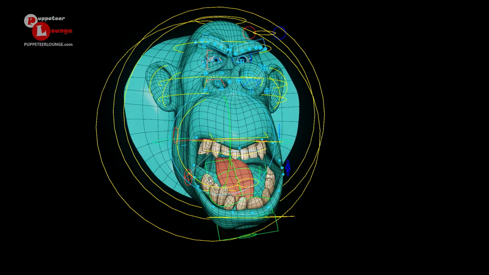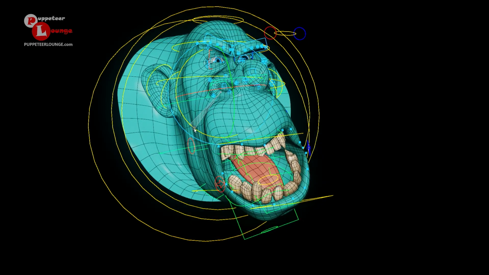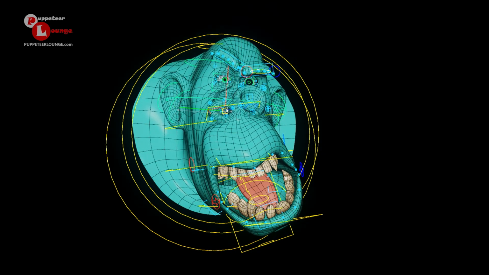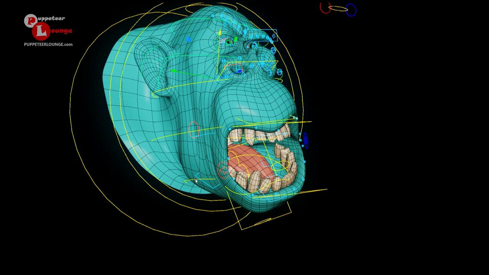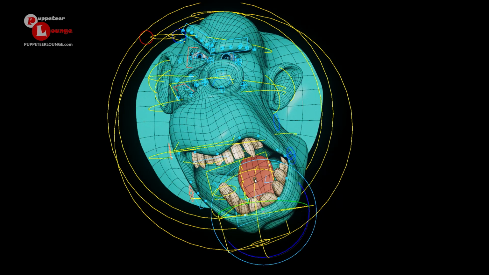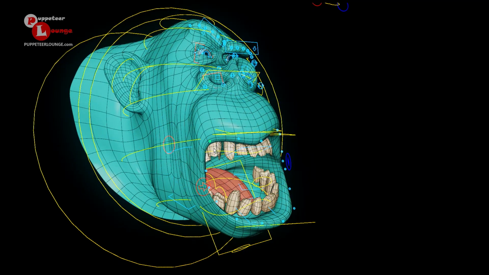If I go ahead and use my global controllers for bendy features, let's bend the upper section as well. There you have it. I can translate that around. You can already see the way the exaggeration is going. Alright, looking pretty good. Lip controllers can also be rotated to give you the lip rolling. I can bring it in and bring it out. We can rotate the individual controls to get the proper silhouette, the proper outline for the lips.